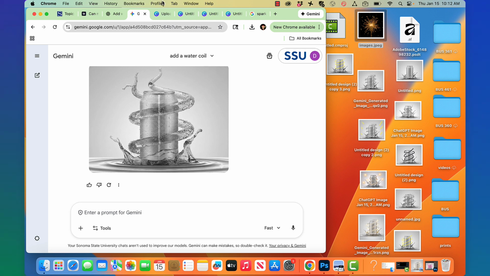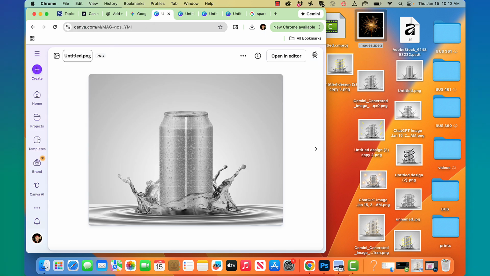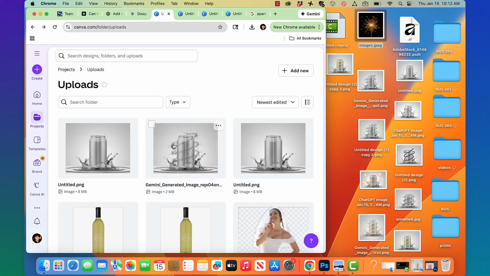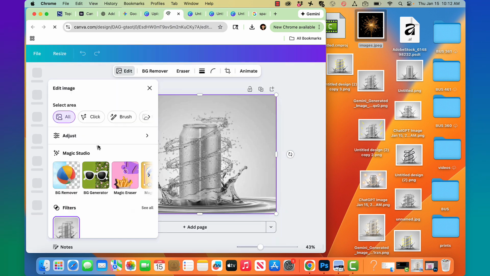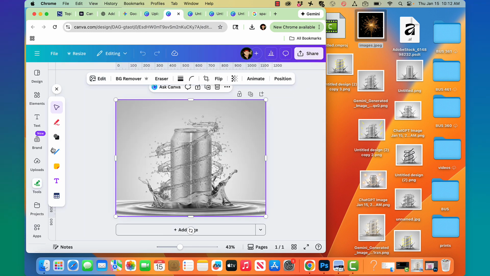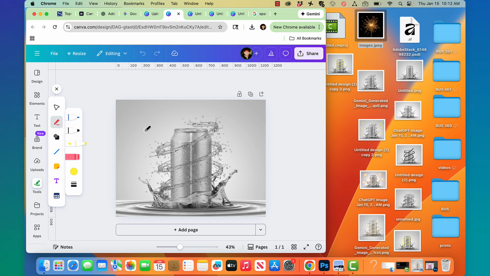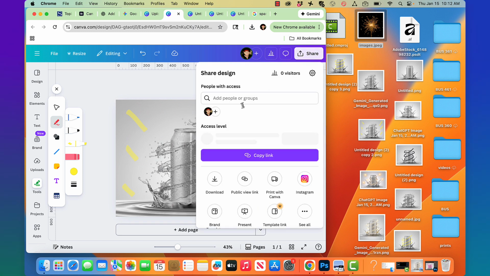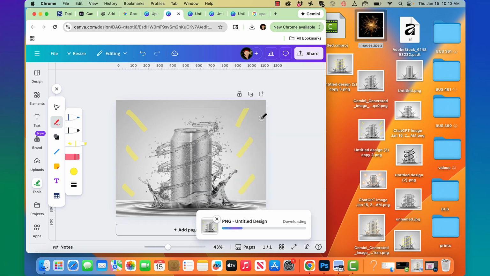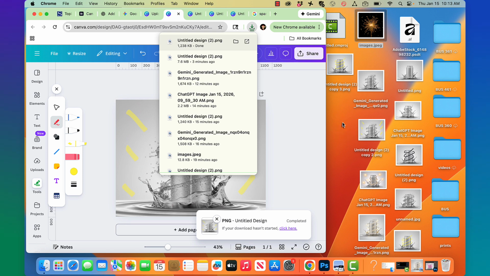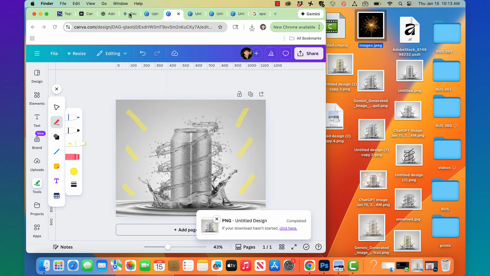So let's do the same thing back to Canva, and now that we have, let's say I could bring in my ChatGPT or Gemini, gave me a good one last time, and then I want to open it in the editor, and I want to add the same tool brush painting highlights. So here basically I'm saying make the sparkler effect along the outside, download it, PNG, JPEG's fine. Right, now put it into